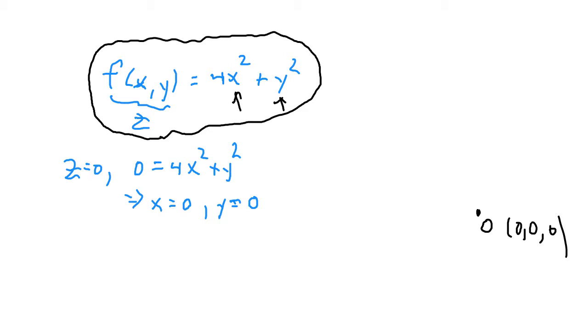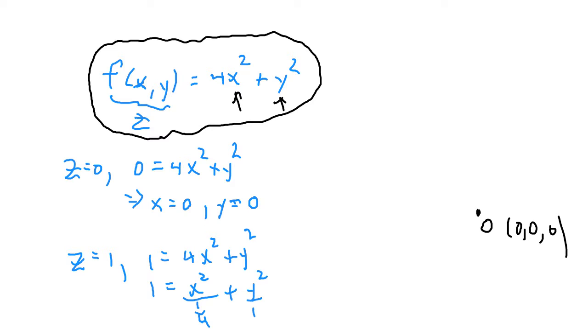So let's say you wanted to set z equal to 1. Well, if z equals 1, then 1 is 4x squared plus y squared. And that means that 1 is equal to x squared over a fourth plus y squared over 1. Now, why am I doing that? Because 1 equals 4x squared plus y squared. What does that